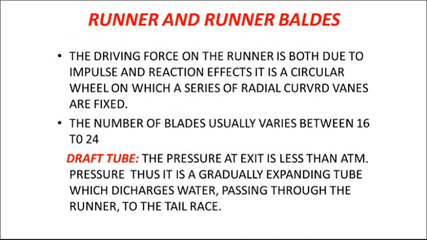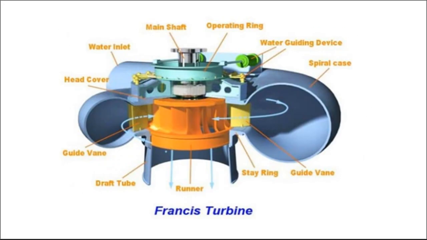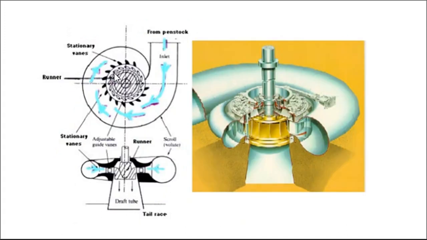So you can see here, this is a sketch of a Francis turbine. Okay, this is the casing. After the casing, it goes to the guide vanes. Okay, then there is the stay ring, and then there is a runner. So you can see another sketch. This is the casing. Then these are the stationary vanes, also known as guide vanes. Okay, these are adjustable guide vanes, but they are stationary because they will not rotate. Sorry, these are guide vanes.